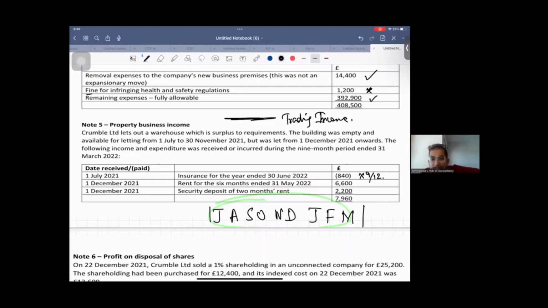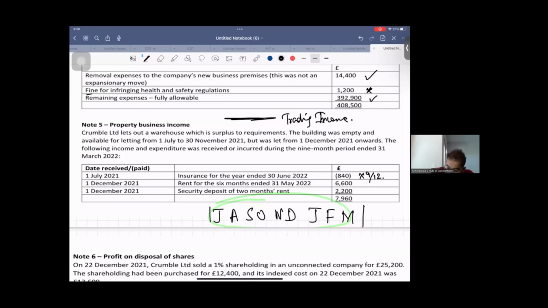Are you getting, students? 840 is the insurance for 12 months. And right now we are not following cash basis, we are following accrual basis, so we need to count months. In our accounting period there are only 9 months. So you will multiply 840 by 9 upon 12 to calculate the 9 months insurance expense. Okay. Now,